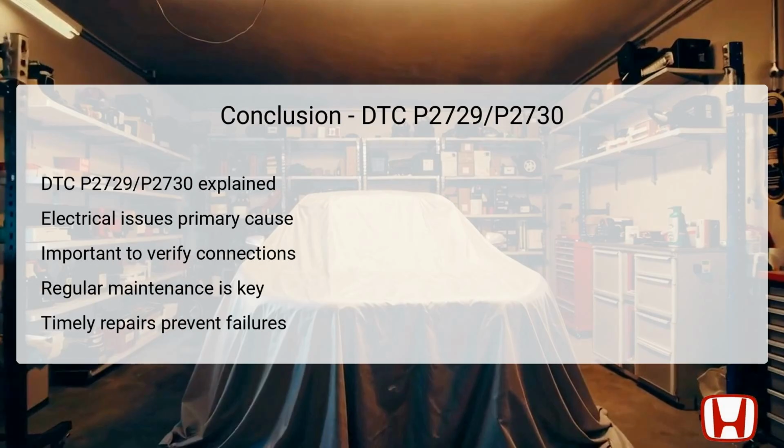In conclusion, DTC P2729 and P2730 pertain to faults within the AT clutch pressure control solenoid valve F and are primarily revolved around electrical circuit issues rather than mechanical failures. Identifying and addressing the causes of these DTCs relies heavily on a careful examination of wiring, connectors, and electrical integrity. Ensuring that all electrical connections are secure and free from damage is vital in preventing these